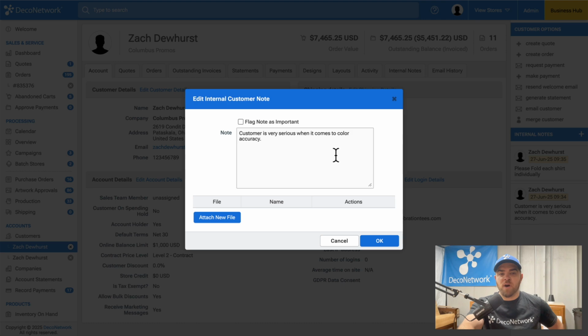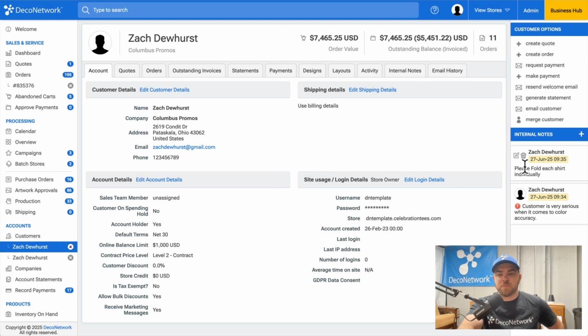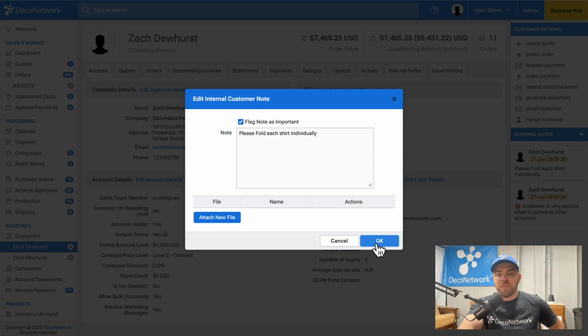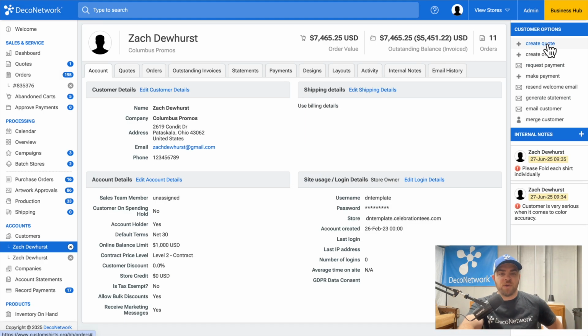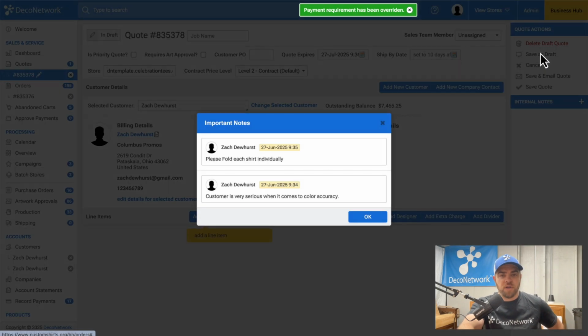where we can then make it, if we want, an important note. And if we flag it as an important note, it will then always show up when we create a new quote or an order. Hey, this customer, we would like to fold each shirt individually, and they're very serious when it comes to color